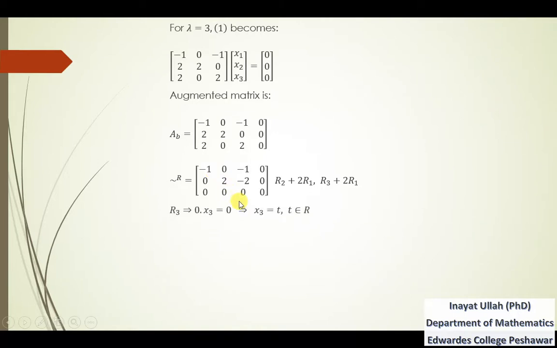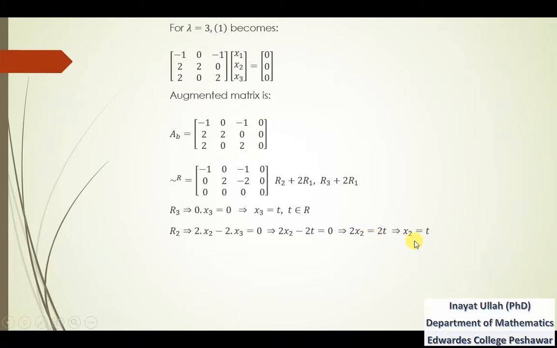By back substitution, 0 into x3 is equal to 0, so it means that x3 is any t. Row number 2 implies 2x2 minus 2x3 is equal to 0, and replacing x3 by t here to get this equation, shifting this term towards the right-hand side to get this equation, dividing by 2 on both sides to get x2